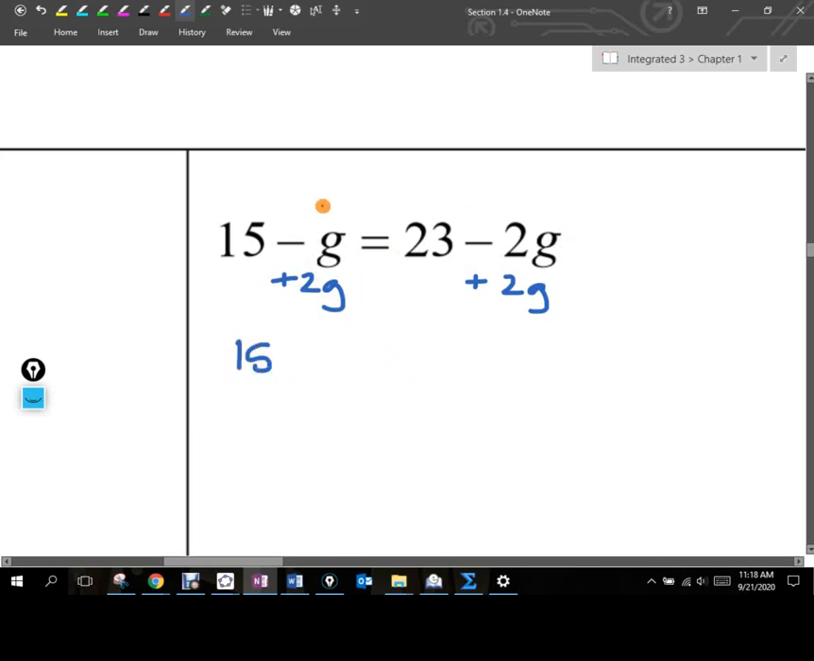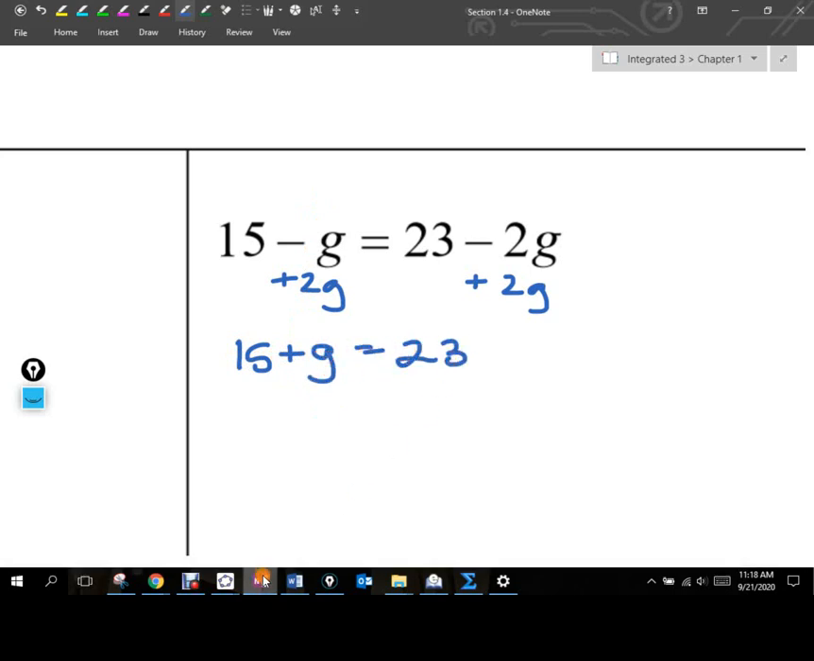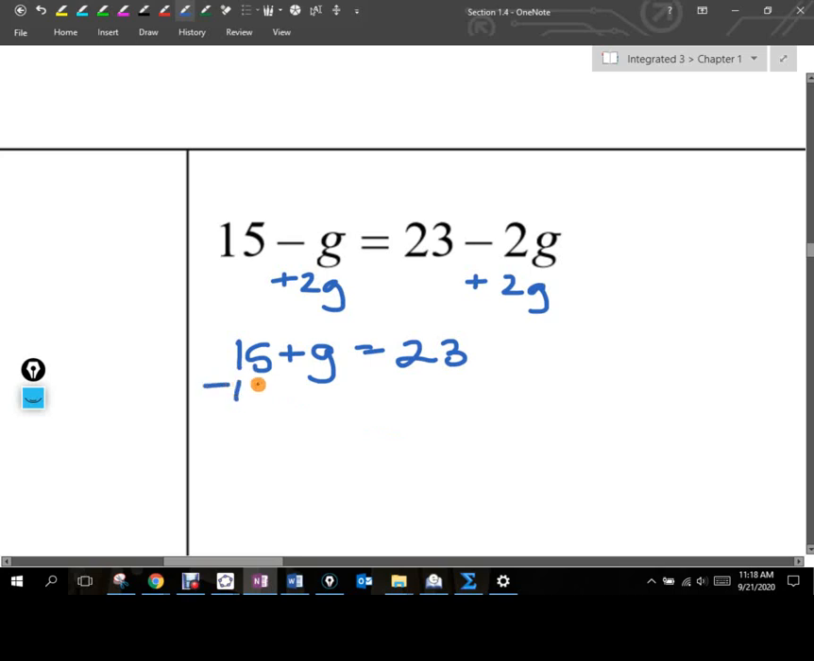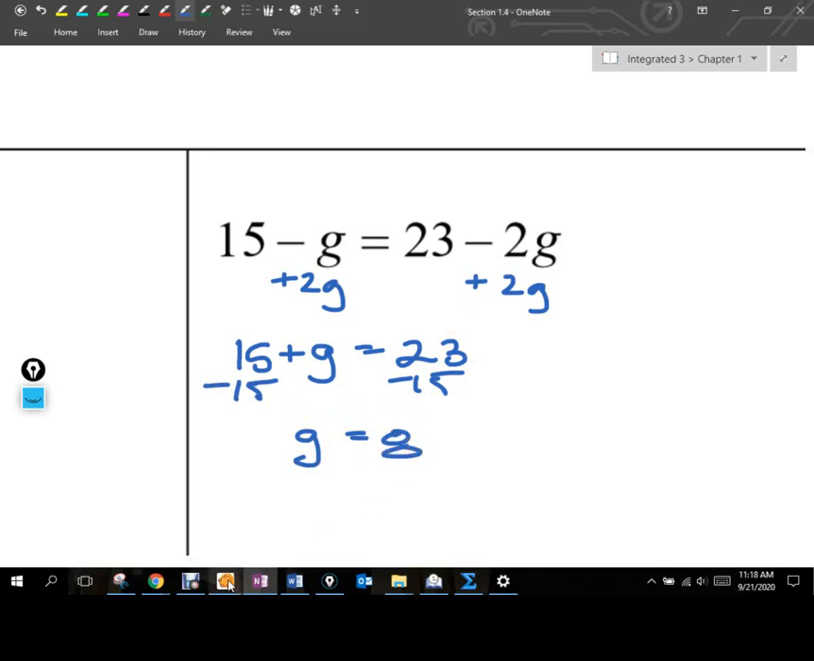So you get 15. What's negative g plus 2g? 1g. Subtract 15 from both sides. So it isolates our variable g and gives us 8, right? Now remember what we're doing here. Remember what